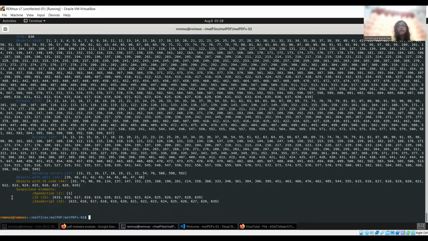And when they are using all those kinds of things, open action is used. So the presence of open action does not necessarily mean that it is malicious, but you can have a look at it, because more often than not it is malicious. The presence of JavaScript also suggests that maybe it is malicious and we need to have a look. So moving ahead,